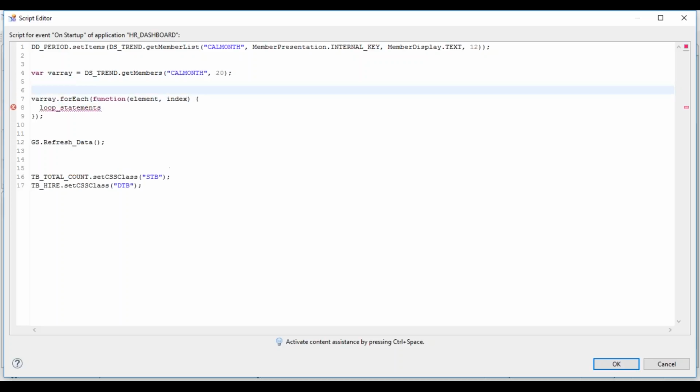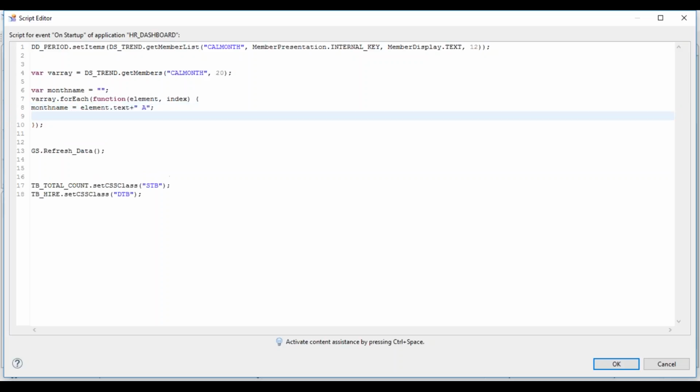You can define one v month, where month name equals element dot text plus a, and then you can add that value into drop down dot add items.